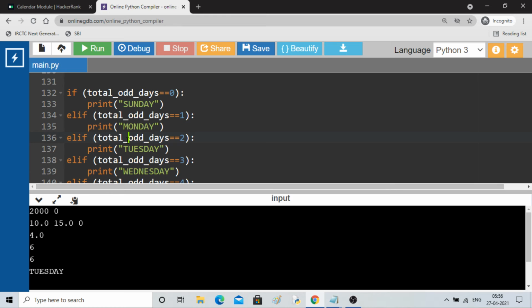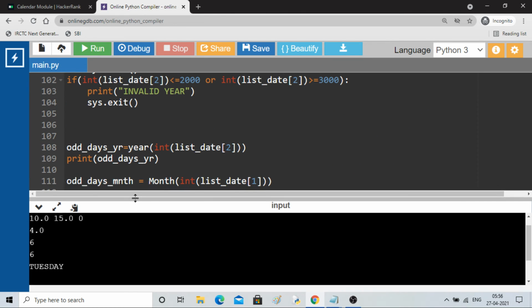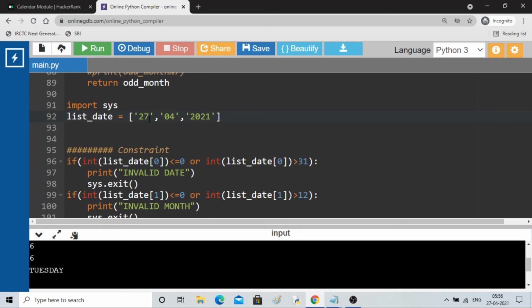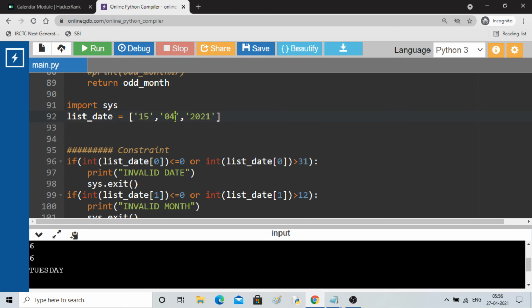So that is how it is working, and you can put any other value here. Let me do that. If you give something else, like let's say 15 August 1943, it will show, run.